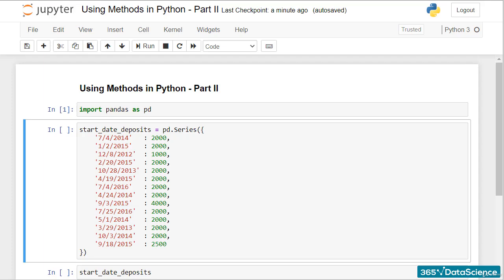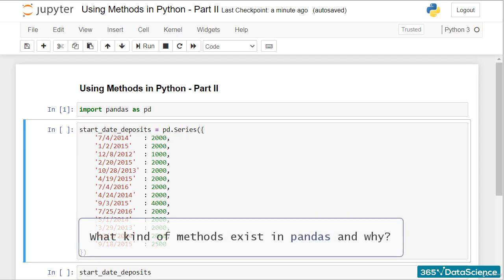In the previous video, we embarked on the important subject of using Python methods. To be precise, we introduced several Pandas methods. In this lecture, we will continue our coding journey. Before we do that, let's pause for a minute to develop an intuition about what kind of methods exist in